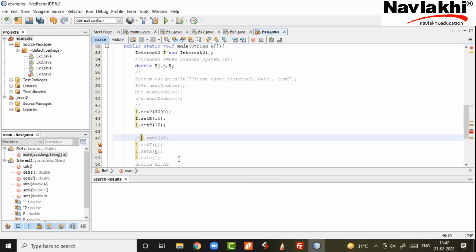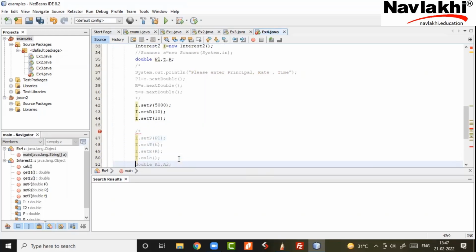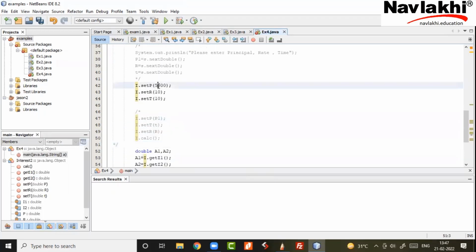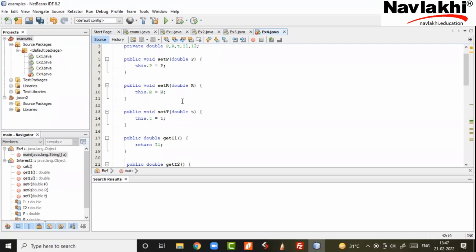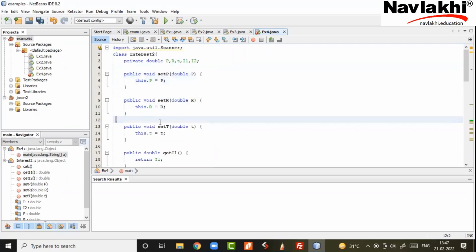The input may come through a scanner object, or be hard-coded constants, or maybe some other function is called and its result is sent as the principal. So all those things will not affect the class because the class is simple. Now it becomes so general.